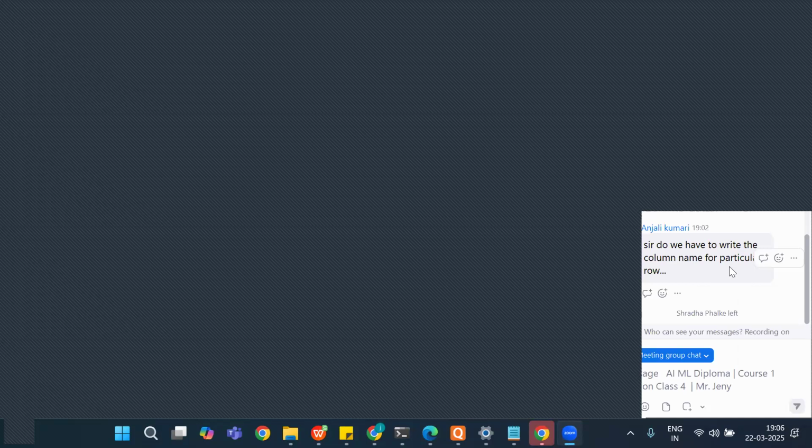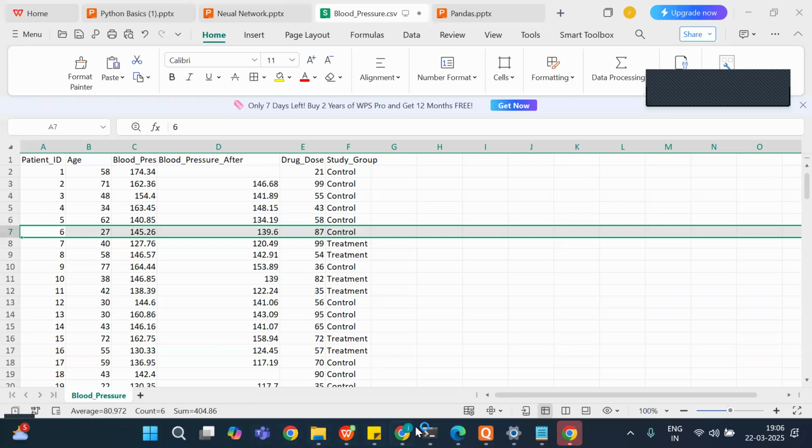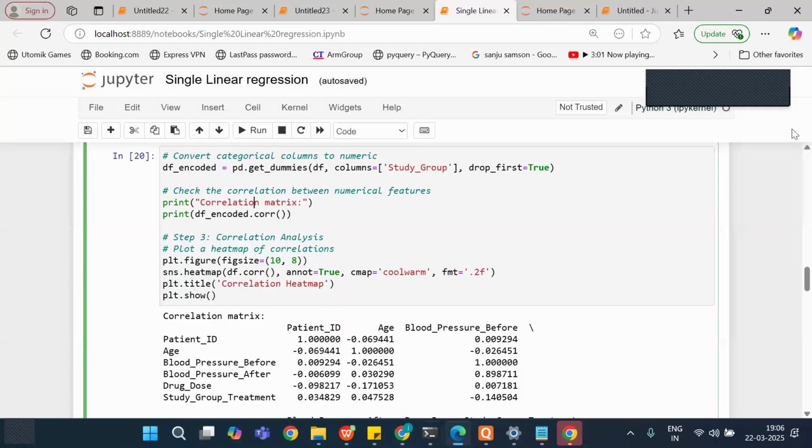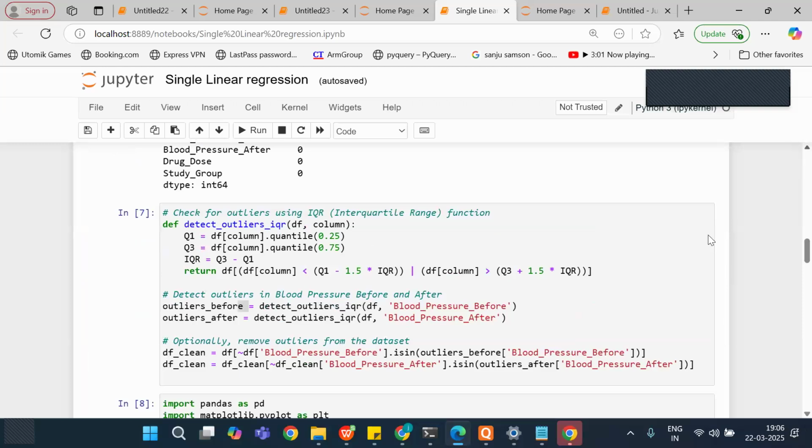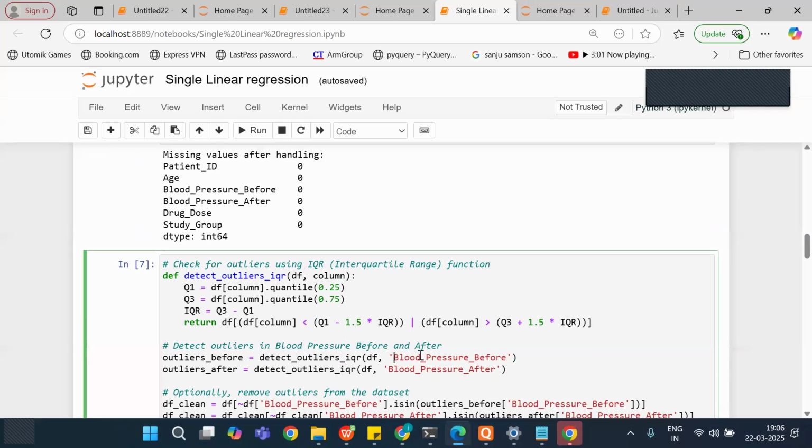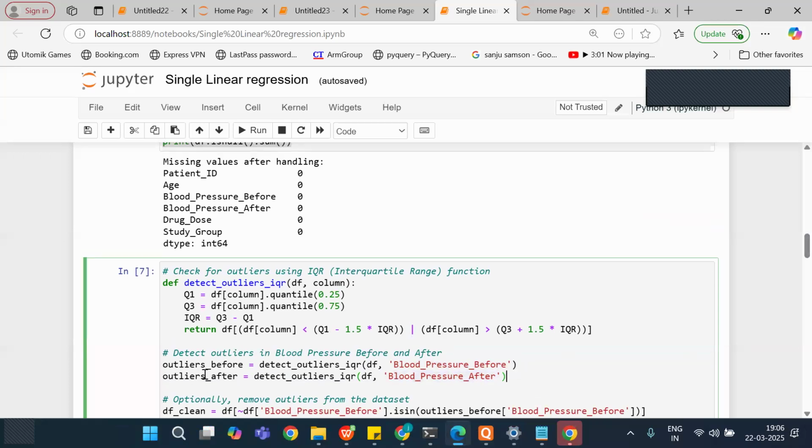Okay. So Anjali, you have asked whether we have to write the column name for a particular row. One minute, I will show my code. So here we are writing the column name, blood pressure before and after, right? So this is the place where you will write the column name. For example, if you want to find outliers for age also, what you can do is,